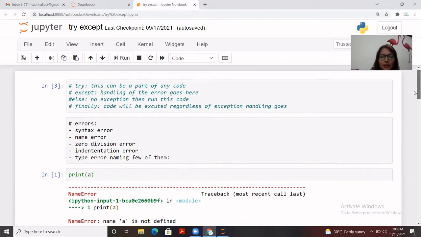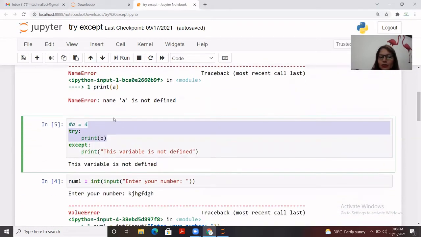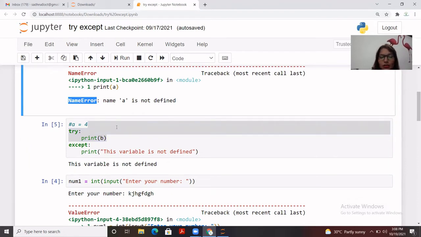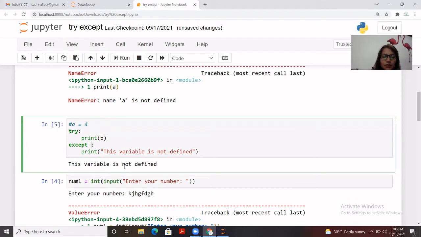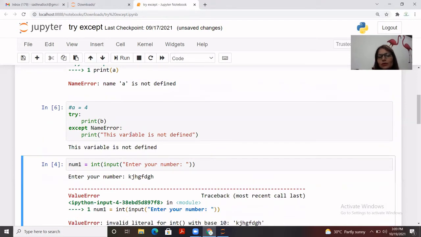The example that I have put here was a NameError, and you put it into try and except around that particular part of code, and this way you have handled it. Sometimes we define the name of the error as well. You just copy and paste that error, don't write it manually. So if, let's say, a NameError occurs, this is going to be printed. You run it and you will get this. In case you don't define the name of the error, whatever you put into the except block is going to be executed.